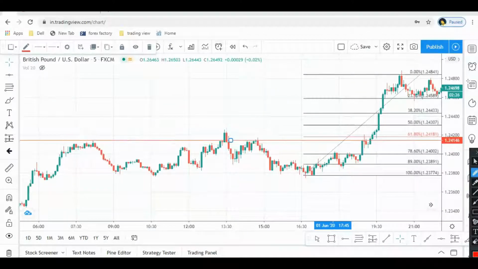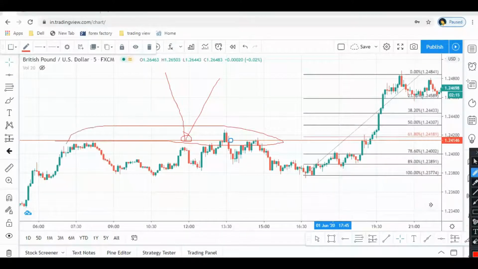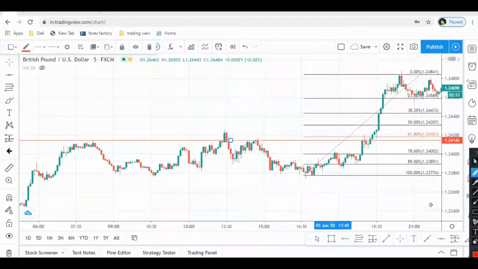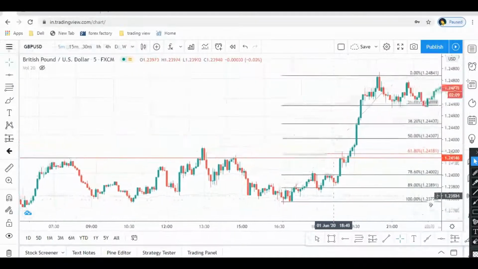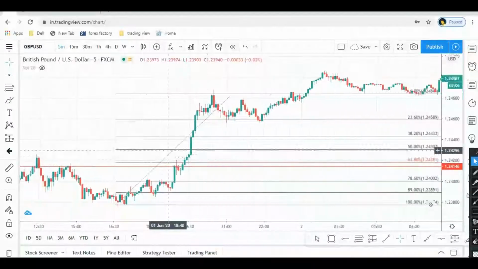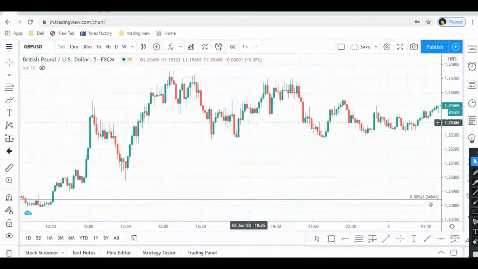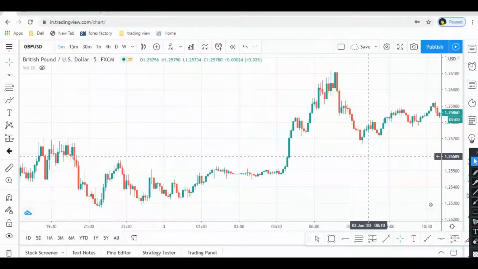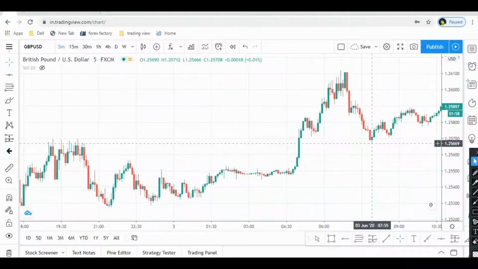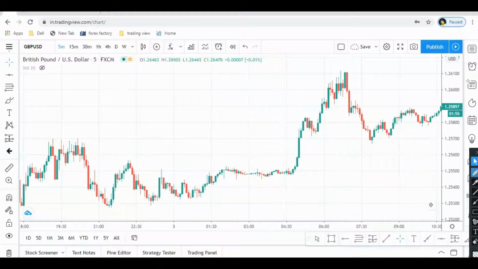So what I will do, if the price goes down to this area, then I will place the buy order exactly at this line, because previously this area acted as a resistance. This is why I am going to place a buy order in this area. So let's find out how exactly this area works. Okay, price went up, it's moving. So alright, price couldn't come down, it's going upward.